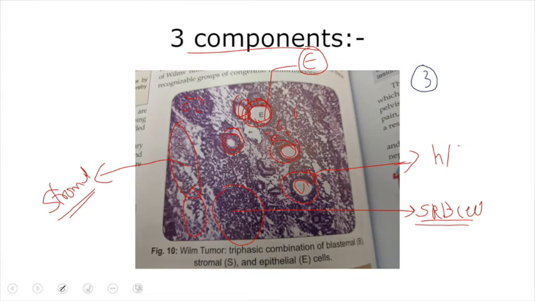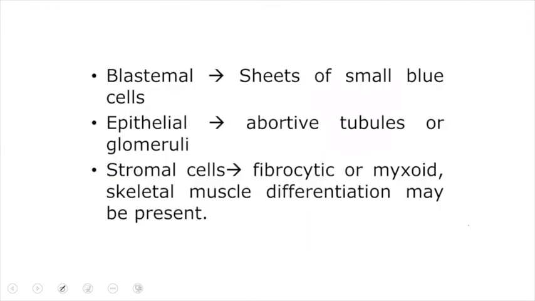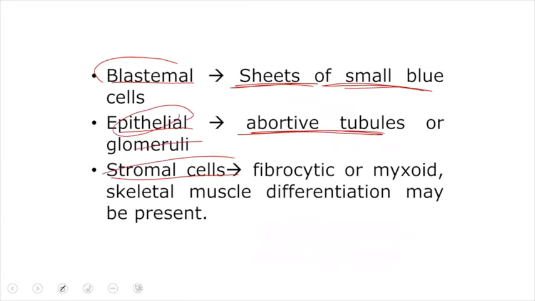As I've already discussed, it is due to WT gene mutation, which results in improper differentiation and lack of maturation of the renal cells. This manifests with three components: blastemal, epithelial, and stromal. The blastemal component consists of sheets of small round blue cells. The epithelial component consists of abortive tubules or glomeruli, and the stromal component consists of fibroid or myxoid stroma, along with sometimes skeletal muscle. And as they are all derived from one germ layer, the mesoderm,